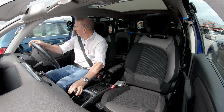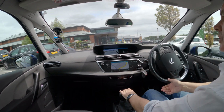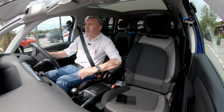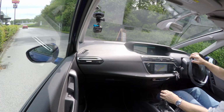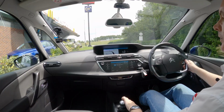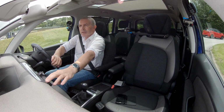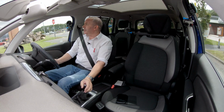Okay, we've knocked that off anyway, and I'll now take you for a ride. So it's got sat nav, Bluetooth hands free, and also, hey Siri, play music. Okay, I'll just turn this up, go to audio, and then sources, Bluetooth. So there you go, you've got Bluetooth hands free as well, Bluetooth audio streaming,